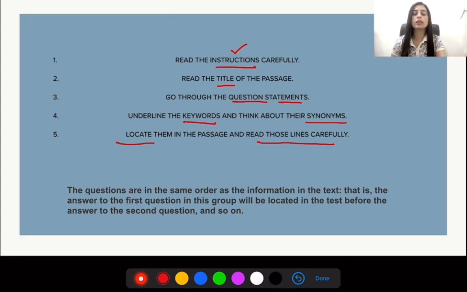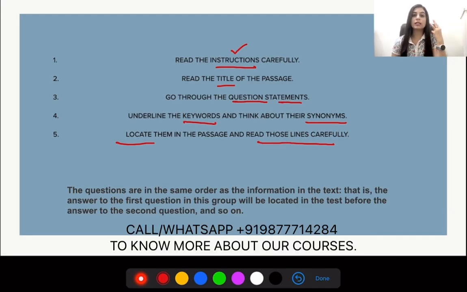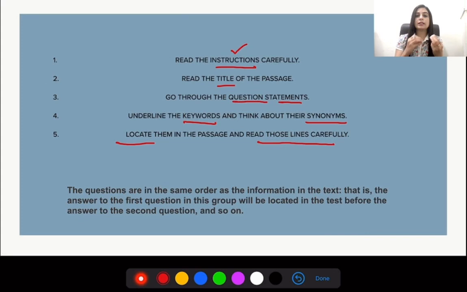If you write more than the words that are given to you, for example, the question is saying write in not more than 2 words, and if you write the answer in 3 words, even if the answer is correct, even if the entire essence of the answer is right, your answer would still be considered wrong because you've exceeded the word limit. Not more than 2 words means that you can write 1 word or 2 words, but you cannot write more than 2 words. You cannot exceed the word limit, and if you do so, even if the answer otherwise is correct, you will not be given any marks for it.